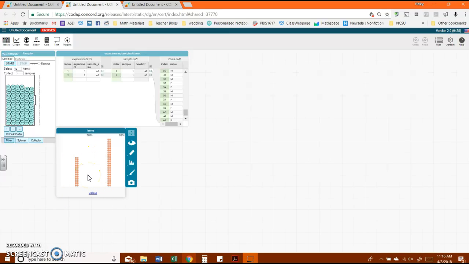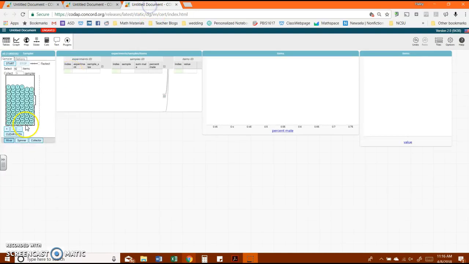But in order to really experience this repetition, I wanted to set this task up a little differently. So I created this sampler where 0 is representing a female born, and 1 is going to represent a male born. So if I start this sample, you can see that the total number of males born was 20, and that is 48% of the population was born male during that sample. So if I do this a few more times,